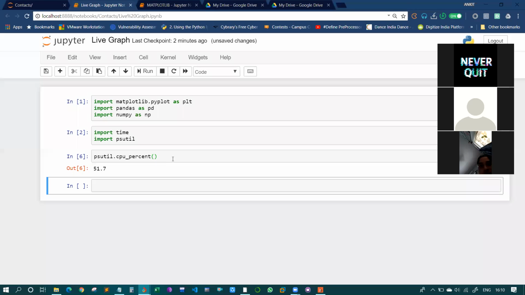On another axis, we'll be plotting it against time. So we need to store both pieces of information in list form. Not store, but append it. So let's do it. Another thing,